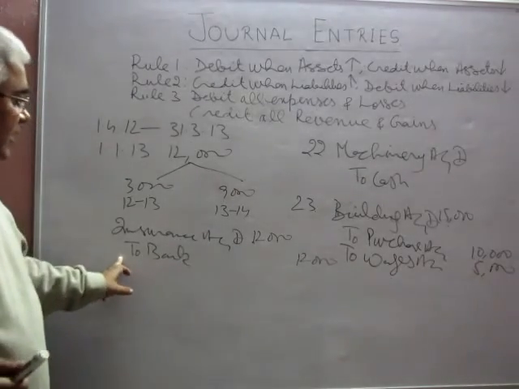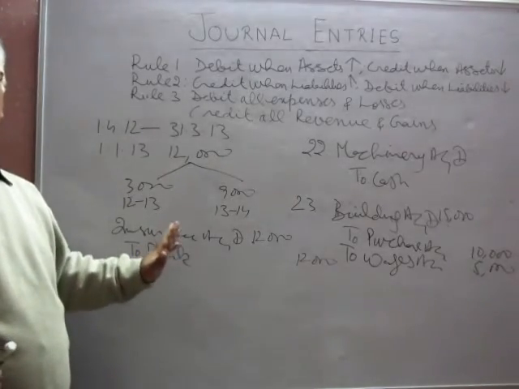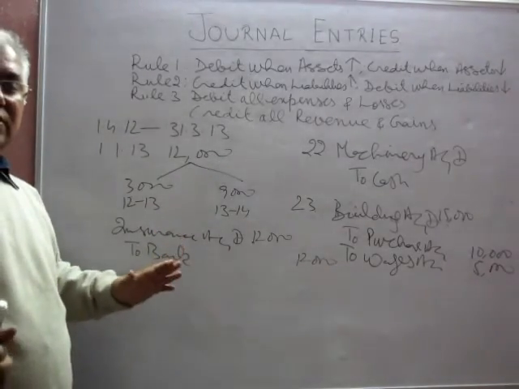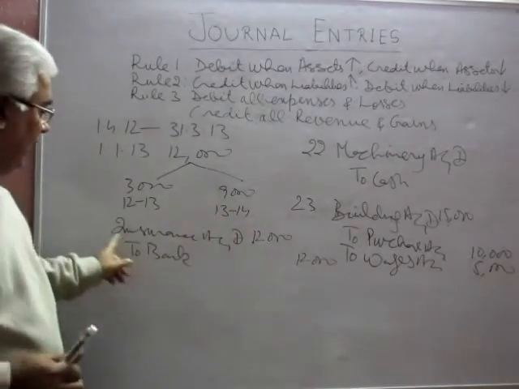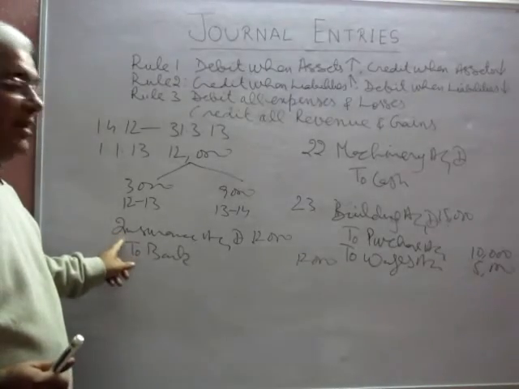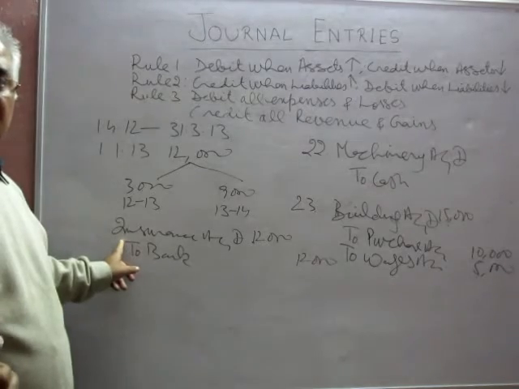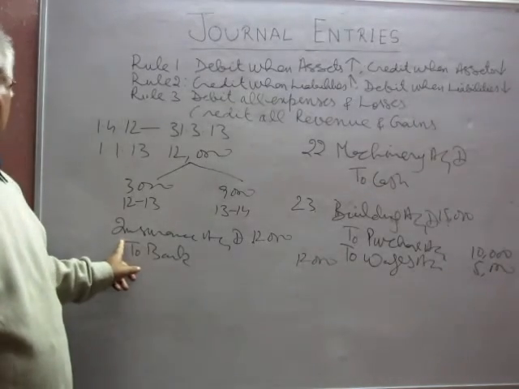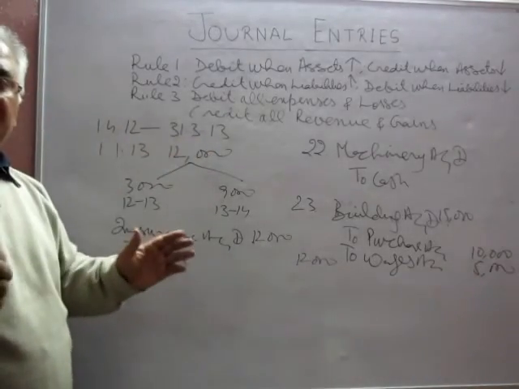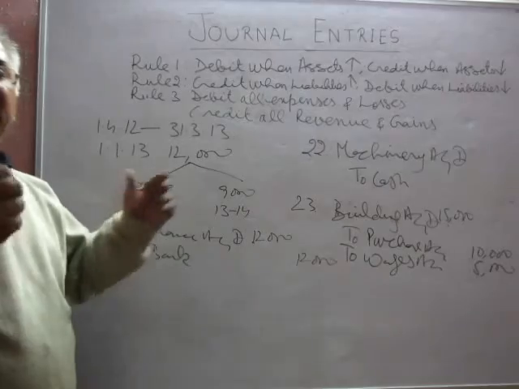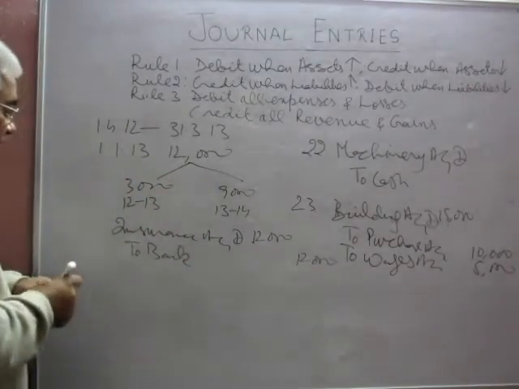Now, if you look at it, on 31/3/13, you have spent only 3,000 out of it, 9,000 still pertains to next period. Hence, you have to reduce your insurance expense by 9,000. And prepaid insurance is an asset for you because you have paid for the next period in advance. So on 31/3/13, 9,000 is an asset for you. That is prepaid insurance. So when assets increase, they are debited. Your entry will be